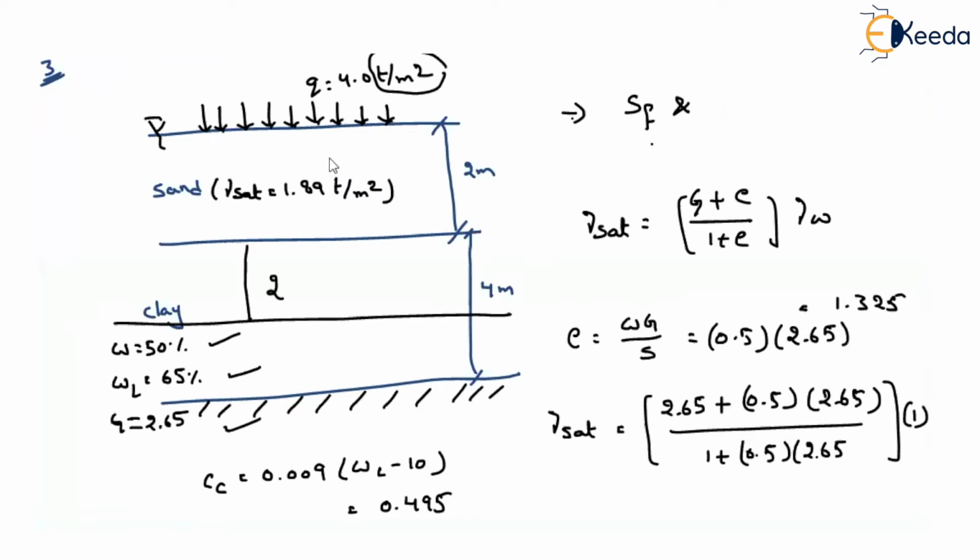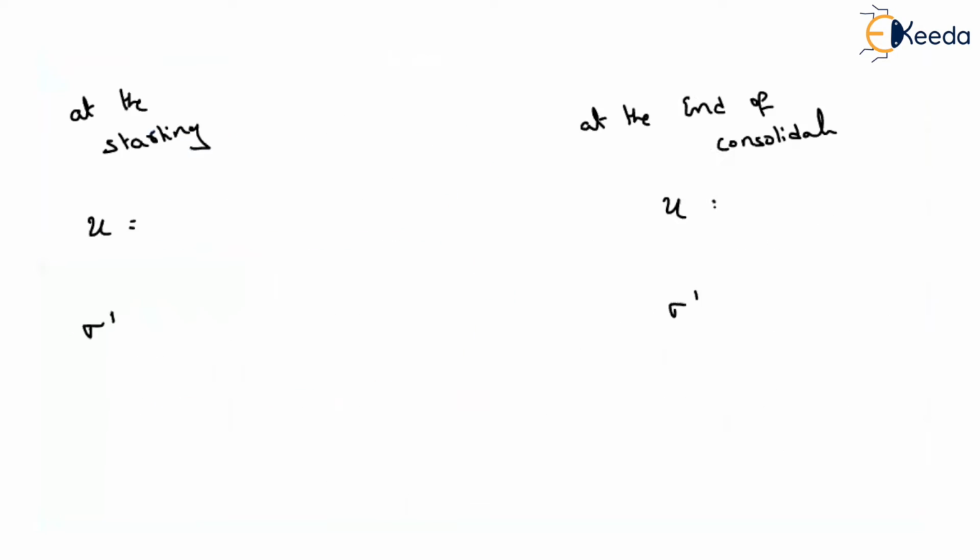So what will be the pore water pressure? So here the pore water pressure is because of the water and also because of the surcharge. Suppose if I keep my piezometer here, my water table will rise up to the center of the clay layer, 2 plus 2, 4 meter. That implies I can say it as 4 into the unit weight 1 ton per meter cube plus, as all the load is taken care of by the water initially, what is the surcharge value? 4. That implies initially what is the pore water pressure? 8 ton per meter square.